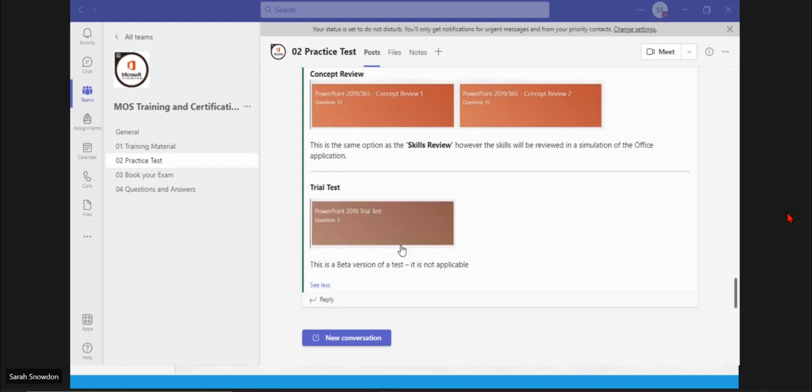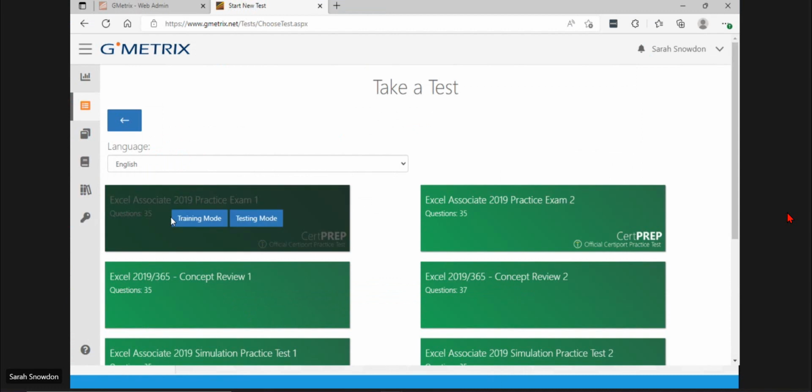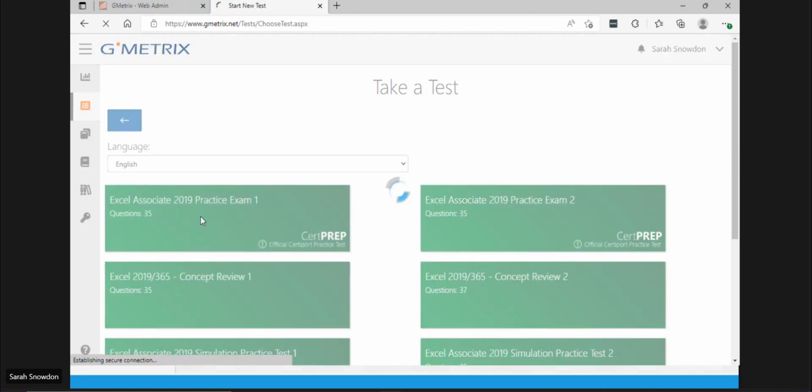And this is a beta version, the trial test, so I wouldn't even bother with that. However, what I did want to point out to you when you go in, so I'm going to be looking at this practice exam. If you look at it straight up, you'll see that you've got 2 modes. You've got a training mode and you've got a testing mode. If you're in the training mode, which I'll just open up now,